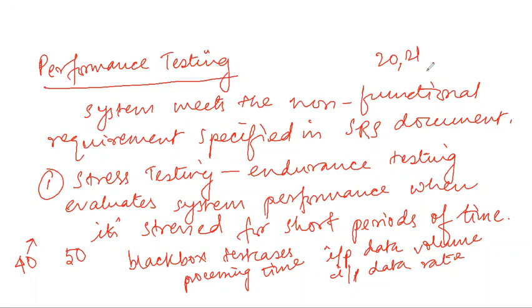So what will happen if that system is severely stressed? We need to check it. Why? Because it may happen that due to this the server collapses. It may happen that the tickets that they have bought are also cancelled. So what will exactly happen if the system is stressed for a short period of time, that is at the peak hours? We need to test that also. So this type of system will go through stress testing.